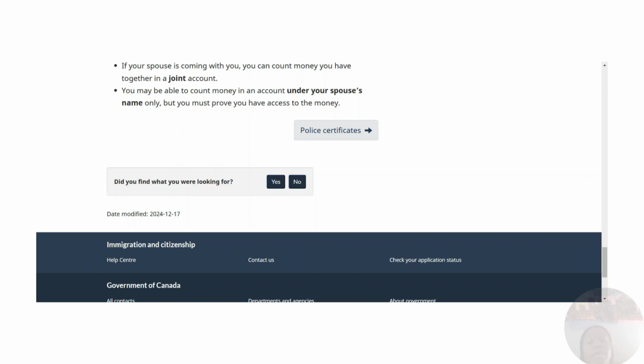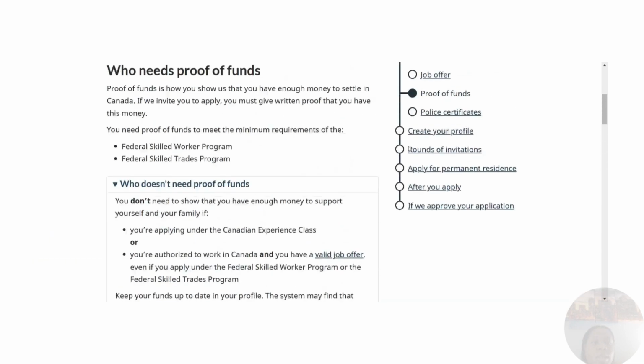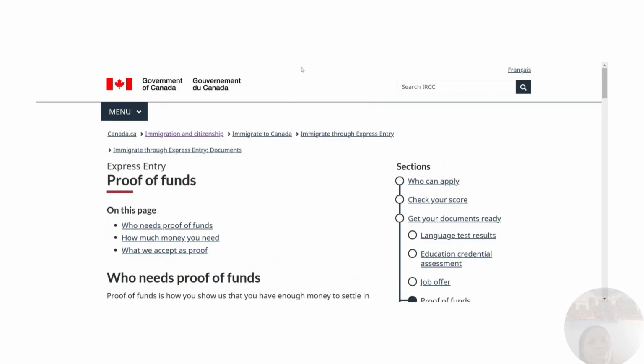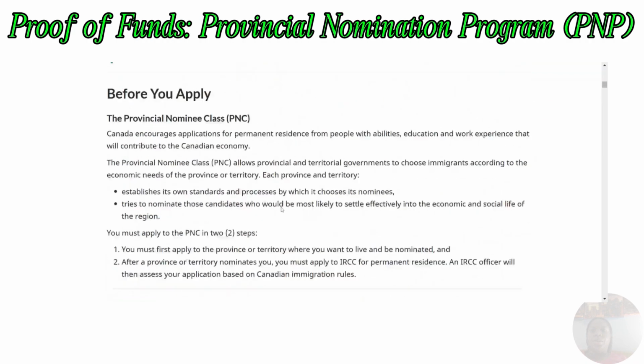on December 17th, 2024. So you can explore this a little bit more to have a greater understanding of the proof of funds requirements through Express Entry. So we're moving on now to the